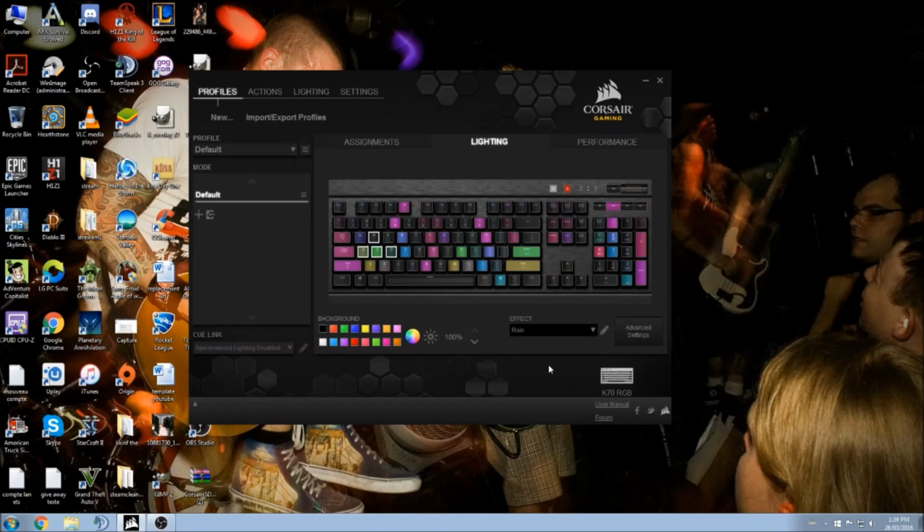Rain, cool effects over here. You've got the type lighting ripple, really cool. So I'm typing right now, and you see. So pretty nice. You can also use the normal setting, and you can set whatever keys you want to change